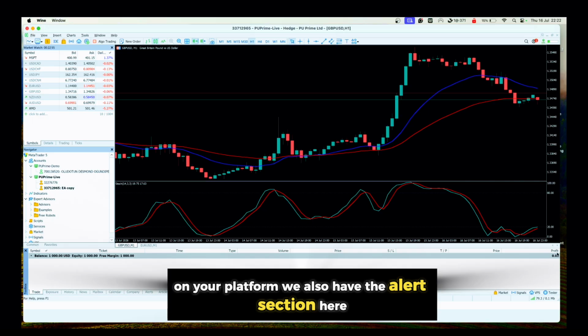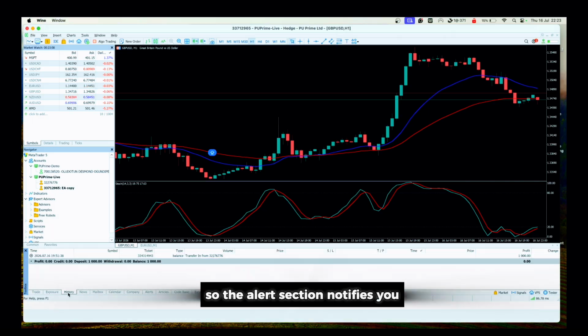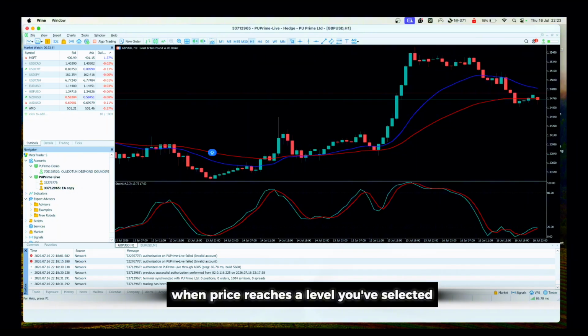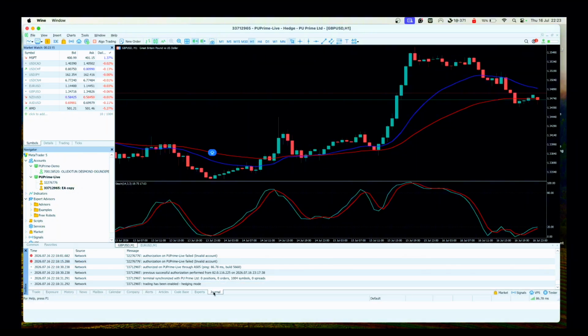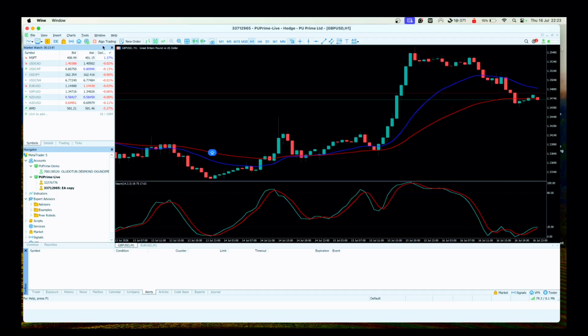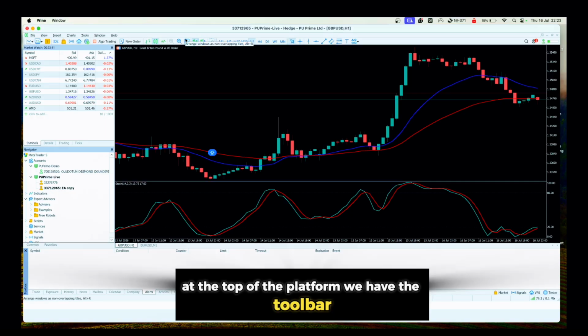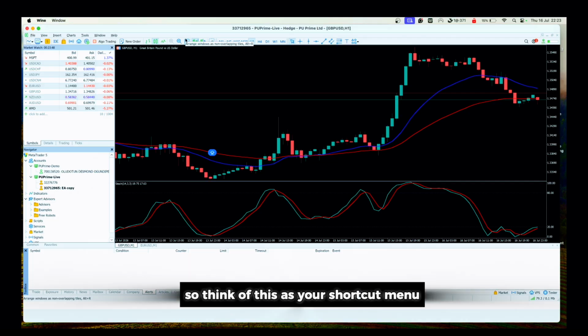We also have the alert section here. The alert section notifies you when price reaches a level you've selected. This is your toolbar. At the top of the platform, we have the toolbar. So think of this as your shortcut